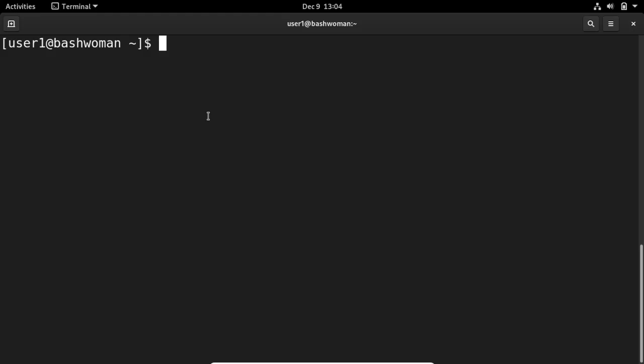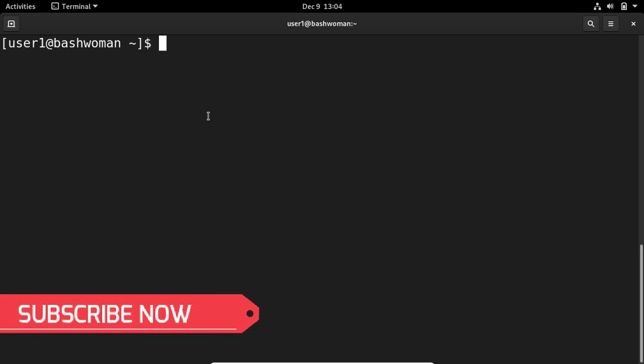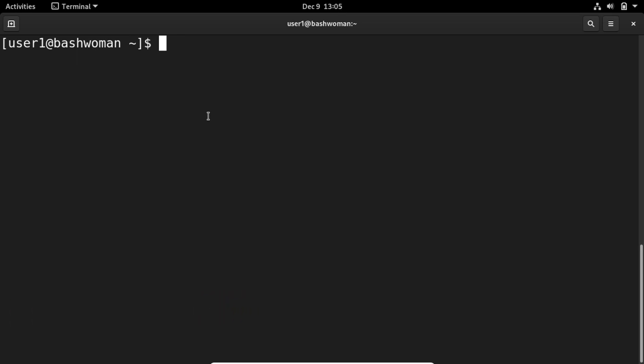Okay, the first question that may come to your mind is why we need to install any other shell. We already have a shell present in our terminal, so why do we have to change that? ZSH is a powerful shell. You can customize it according to your needs, it's very fast, and it has many themes. It can be customized as you like.